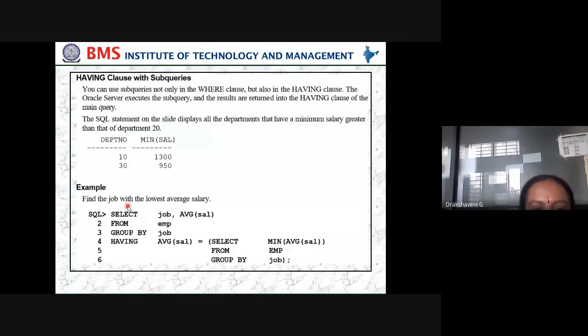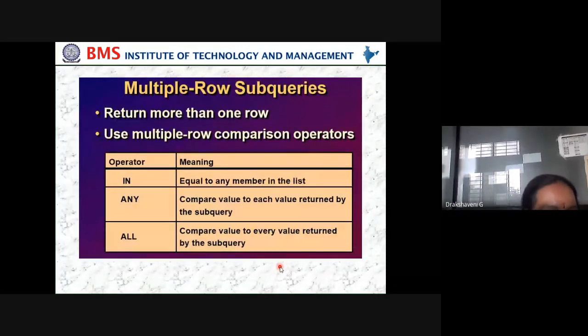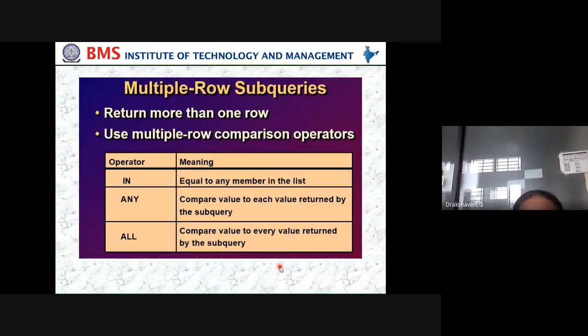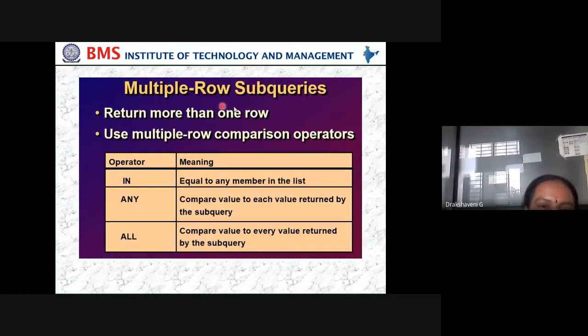Find the job with the lowest average salary: select job, average salary from employee, group by job, having average salary equals select minimum of the average salary from the employee based on their group. Now, in multiple row subqueries, we can return more than one row.